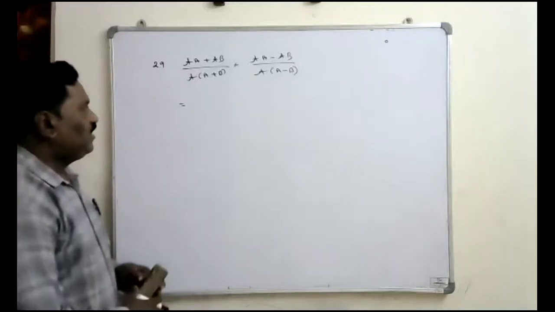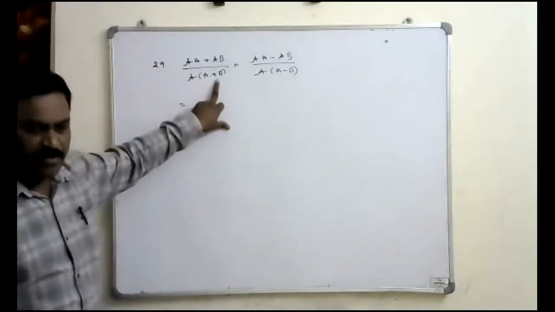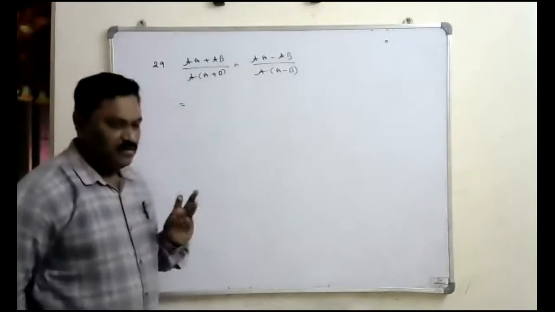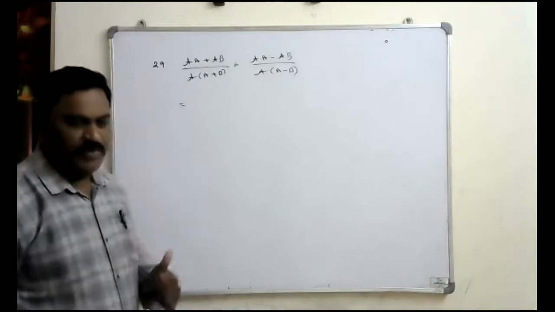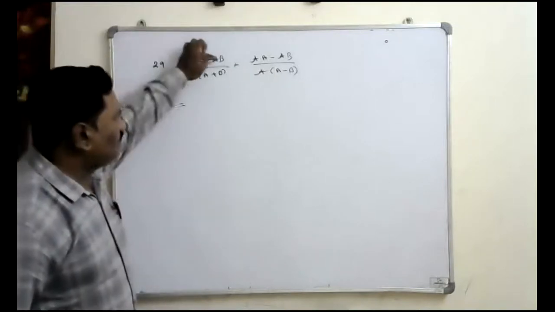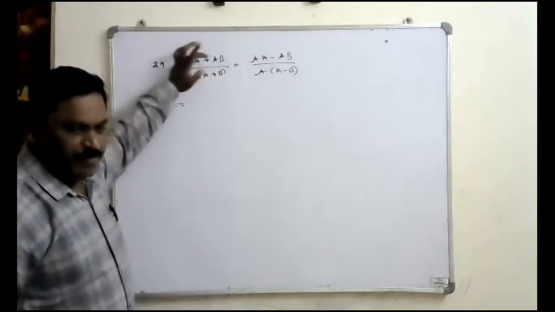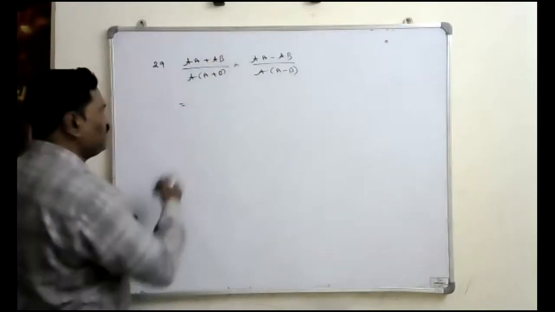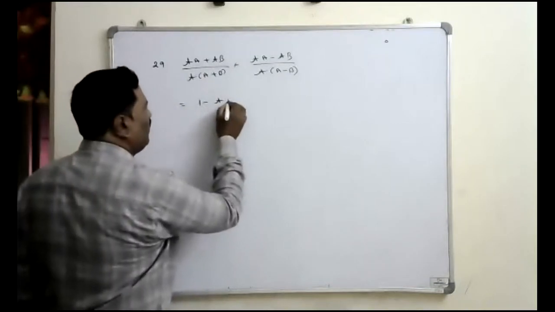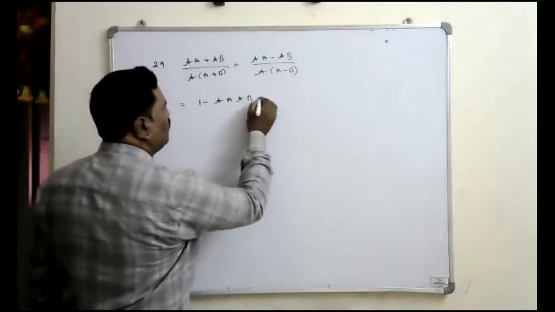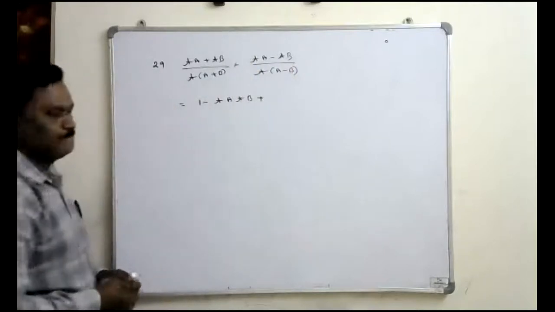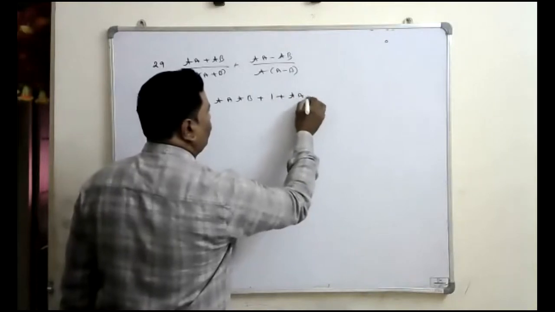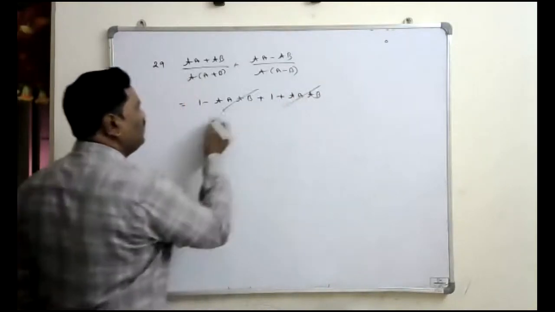Otherwise, here directly tan of A plus B is there in the denominator. The formula for tan of A plus B is tan A plus tan B upon 1 minus tan A tan B. Where tan A plus tan B gets cancelled, so this 1 minus tan A tan B goes to the numerator. Means this value is 1 minus tan A tan B. Similarly, what is the value for this? 1 plus tan A tan B. So where tan A tan B cancel, the answer is 2.